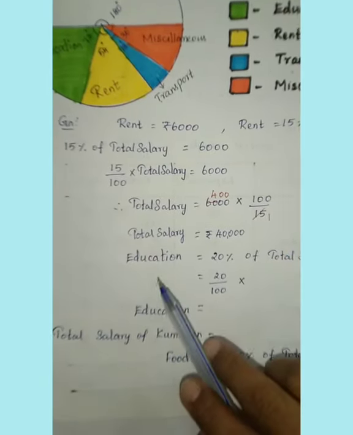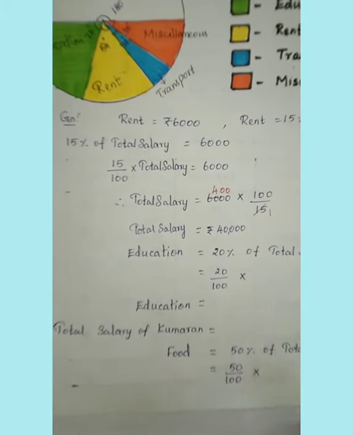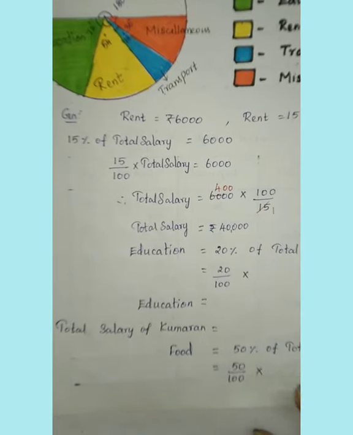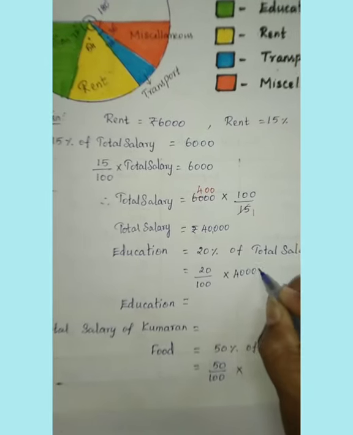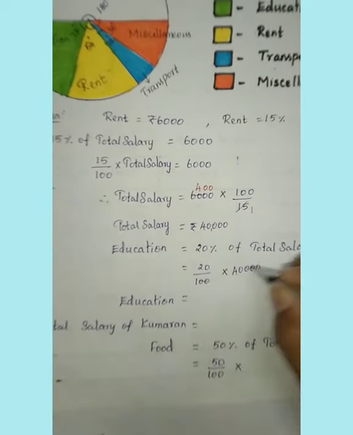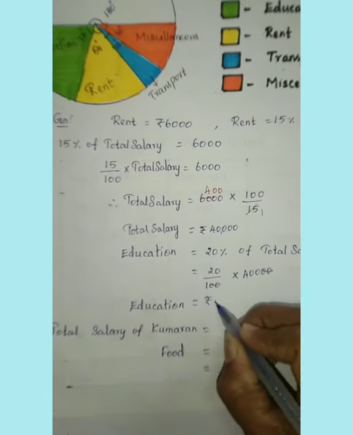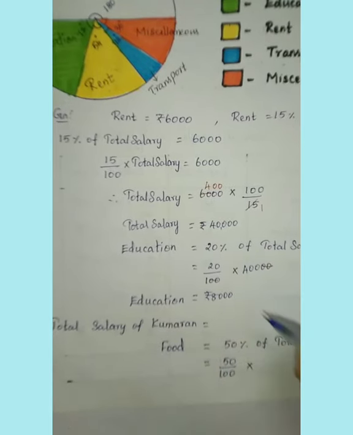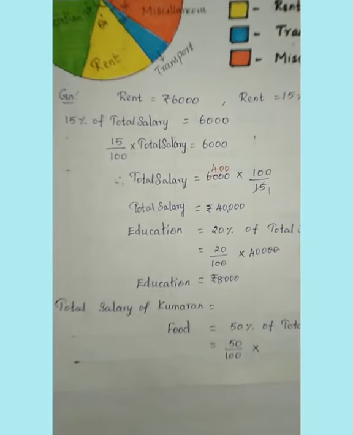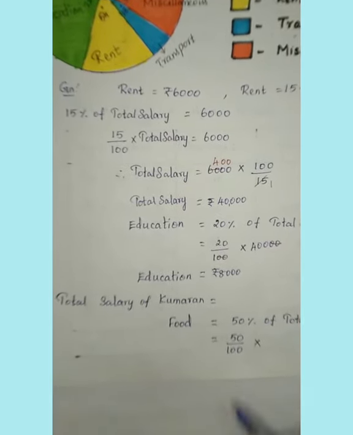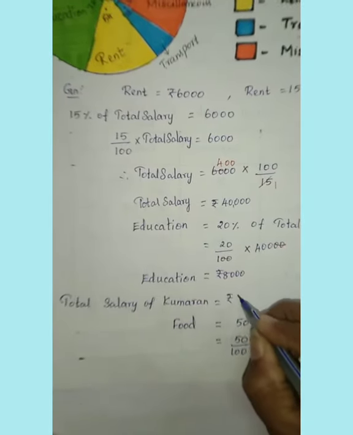Now we are going to find out the value of education. Education is given in the tabular column as 20%. That is 20% of his total salary. That is 20 by 100 into 40,000. We can cancel zeros. 400 into 20 is rupees 8,000. So he spent rupees 8,000 for education. Then the second question is, what is the total salary of Kumaran? That we have already found, so directly we can write it. So the total salary of Kumaran is rupees